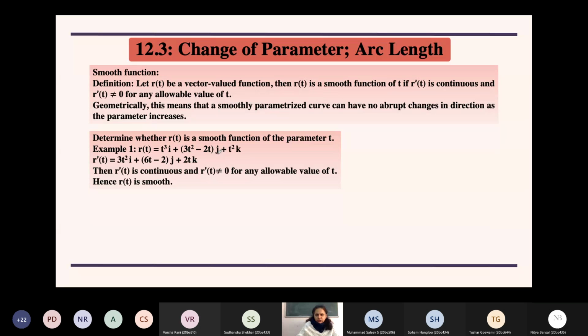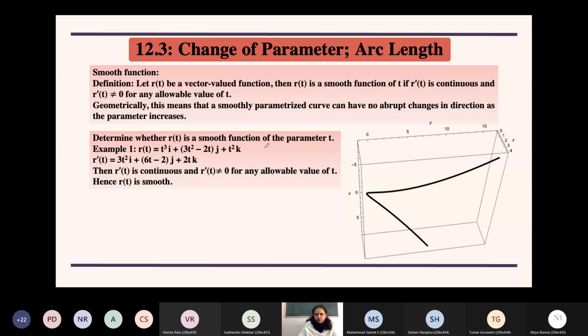So I have just sketched some portion of this curve. Okay. So I have tried to sketch it. It is not a complete sketch. I mean, your curve will go on infinitely depending on values of t. You can keep increasing and you will get the curve. So I have drawn some portion of it. So you can see that there is a smooth behavior. If I show you the 3D part, you can see that this change is not abrupt, although it looks here because of the width is not visible, so that is why. But otherwise, this is a smooth curve. Okay. Is this example fine?